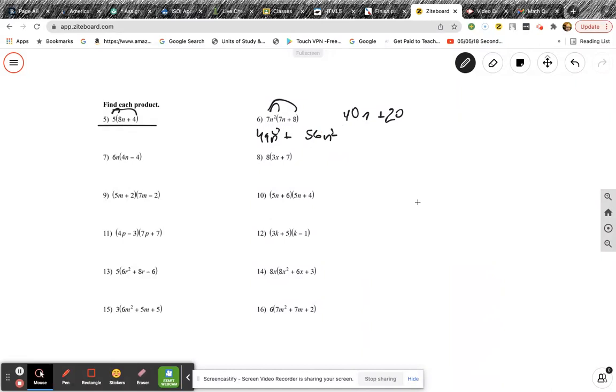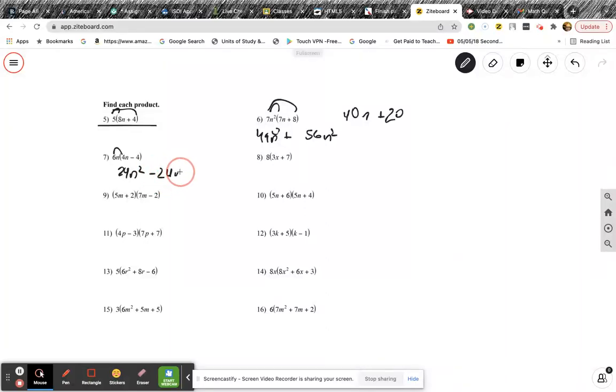Okay, you don't need like terms when you're multiplying. Basically, what you do is you multiply the big numbers. So 6 times 4 is 24. And you add the exponent. So that's n to the first and n to the first. You add them. So that becomes n to the second. And then minus